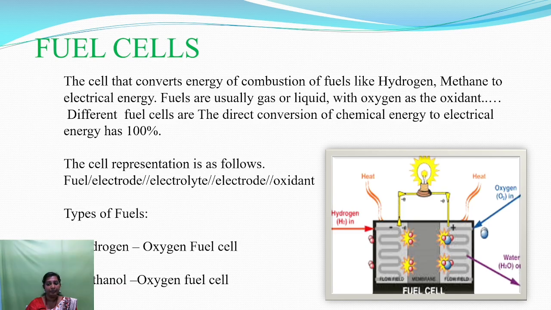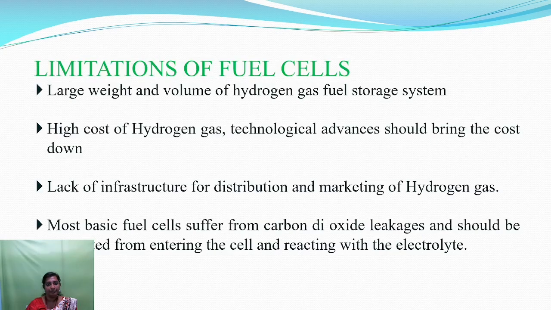See the diagram, the hydrogen is passed through the anode compartment where it is oxidized, then oxygen is passed through the cathode compartment where it is reduced. In the anode compartment the oxidation reaction occurs, that is liberation of electrons. Then the cathode is acceptance of electrons. Finally, it is a less harmful fuel cell.